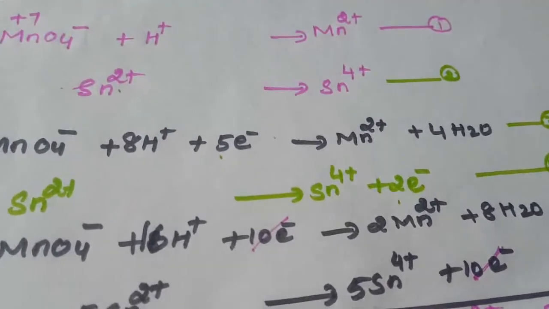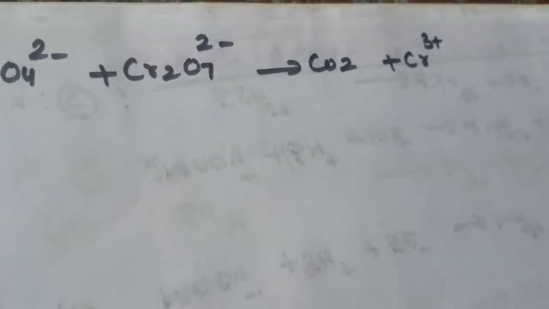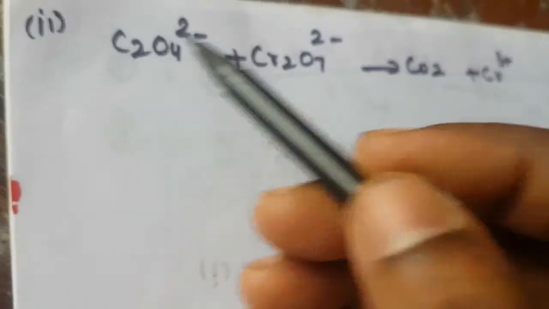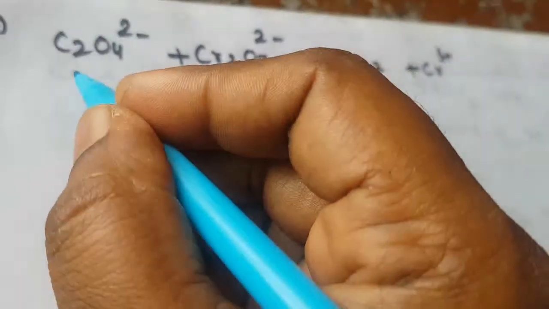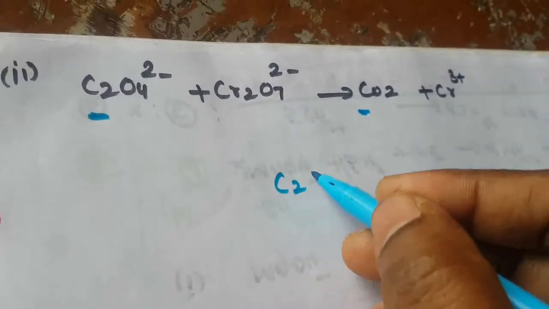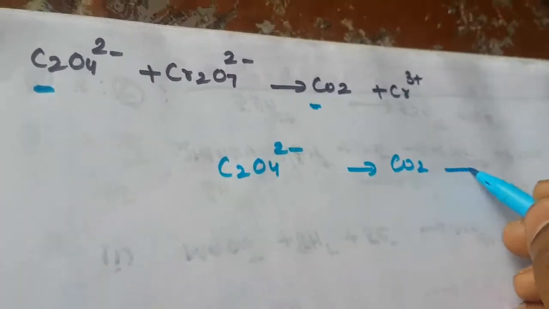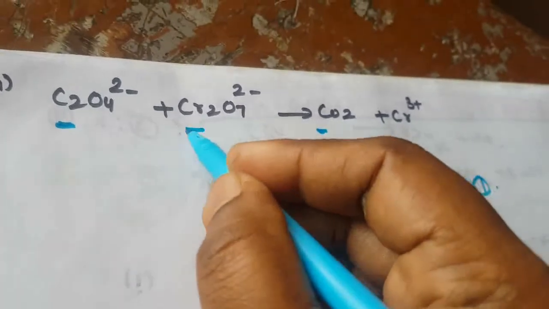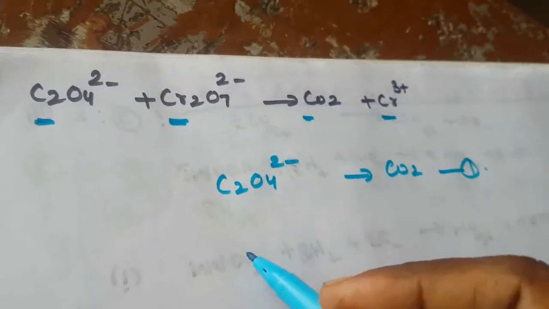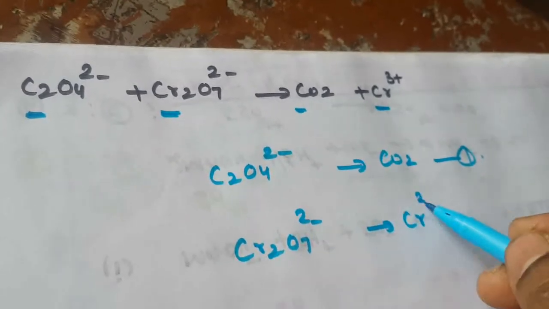Okay, so next question is, they already given the ionic form. How to balancing that equation. So this is the another one. Here that is carbon, how to divide the two equation. Here carbon is there, here carbon, this is converted into one equation. C2O4 2 minus gives CO2. This is one equation, right? Second equation Cr2, here Cr3, so that is Cr2O7 2 minus gives Cr3 plus.